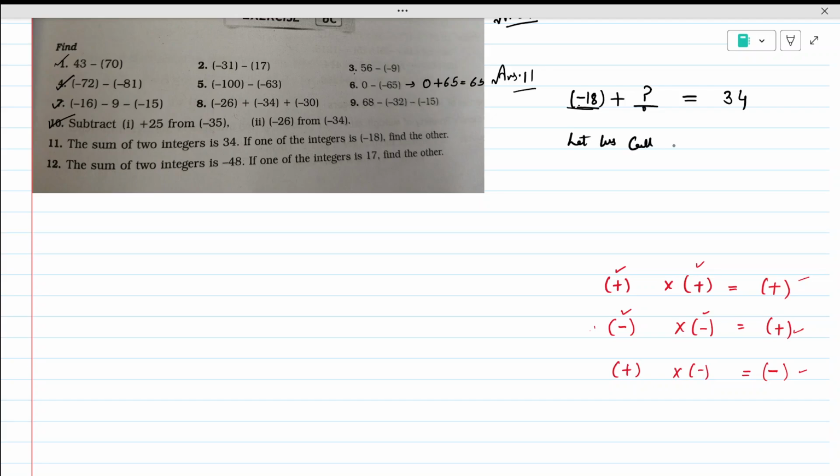call the other number A. Okay, so I'm denoting the other number as A and I'm rewriting this expression as minus 18 plus A will give us 34. Okay, this is the expression and we have to solve it. And we know that we need the value of A, so we will keep the A on the